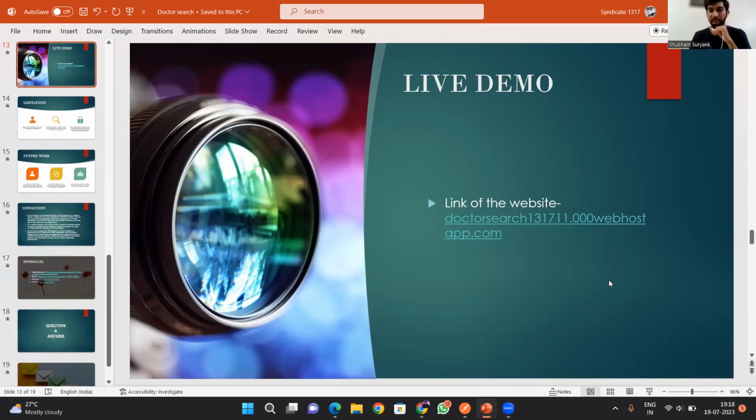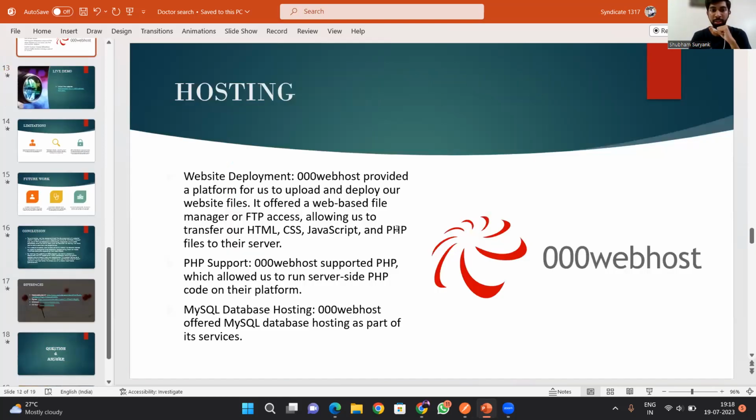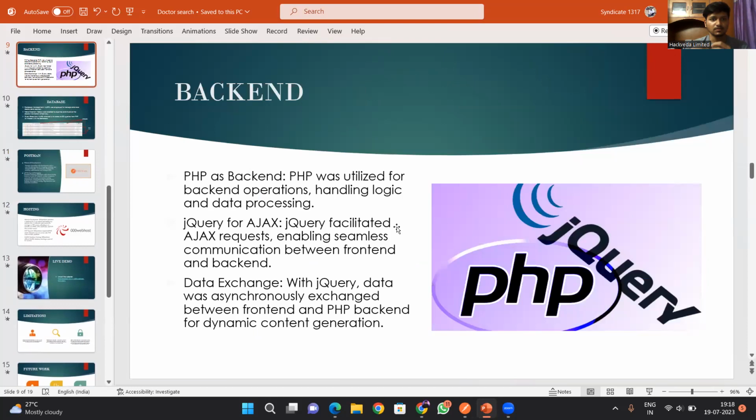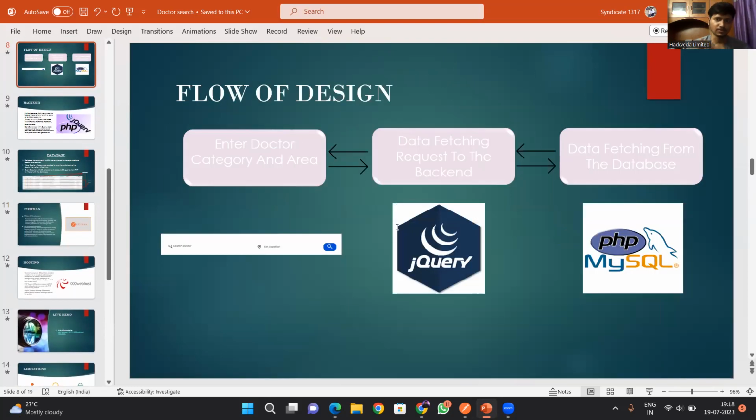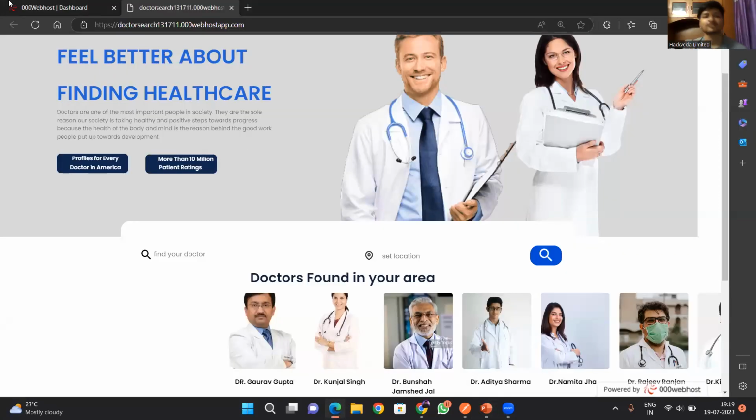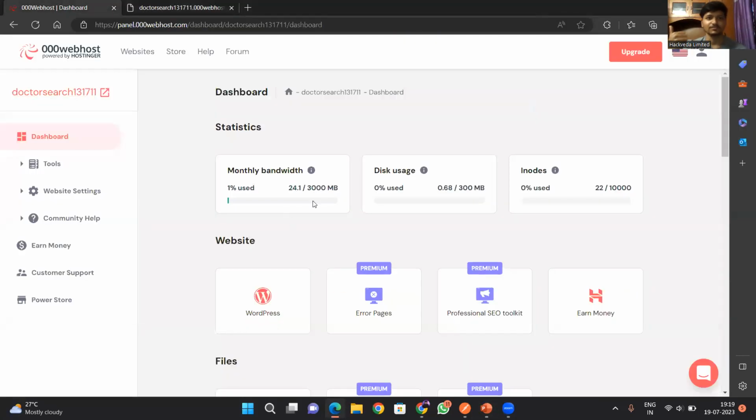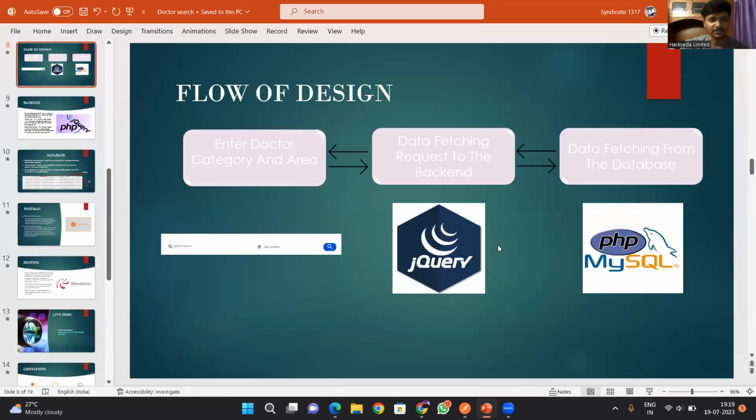How did you go about it, and what's happening in the backend part? Can you scroll up? Just scroll up. You didn't even show the hosting site. What's there in the hosting site? What are you updating in the file manager? Yes, sir, I have those access. Don't show it now, because it should have been shown during the presentation. That's what I'm saying, it's short on information. It could have been more elaborative.